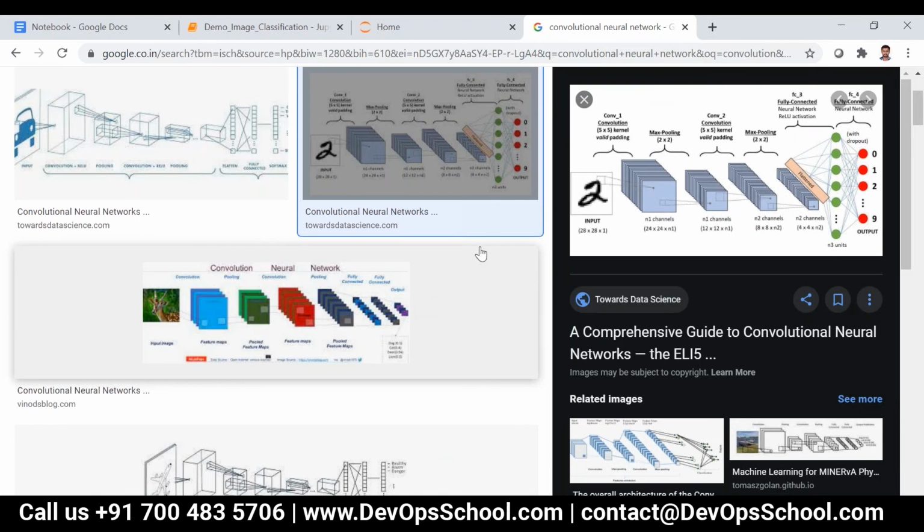This is a handwritten number, a handwritten image 2, which has to be classified as a digit from 0 to 9. This is the output layer and this is the input layer. We have one input, and first this input will be sent to the convolutional layer. So what will happen in this? Let me see.